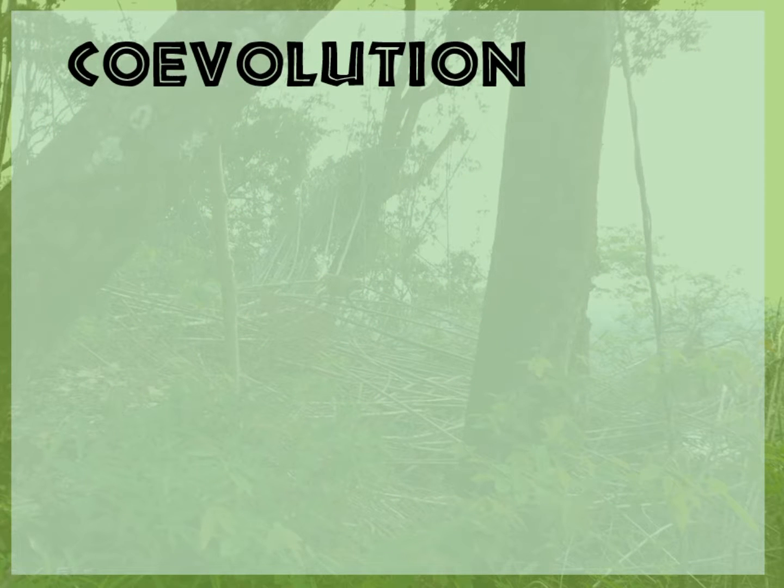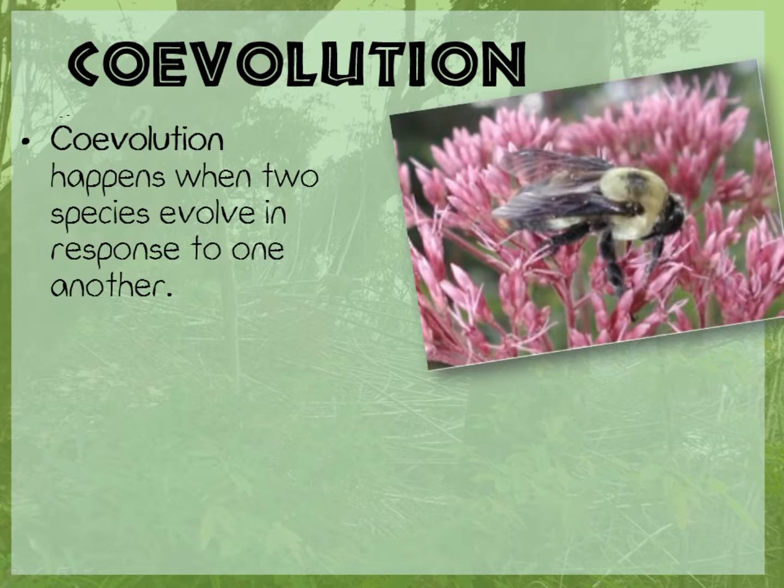So much of what we will go through depends upon the idea of coevolution. So what is this? Well, coevolution is when two species evolve in response to one another, for whatever reason. The most famous example of coevolution is the bees and the flowers. Over millions of years, species of bee and species of flower have developed this relationship in all the many different